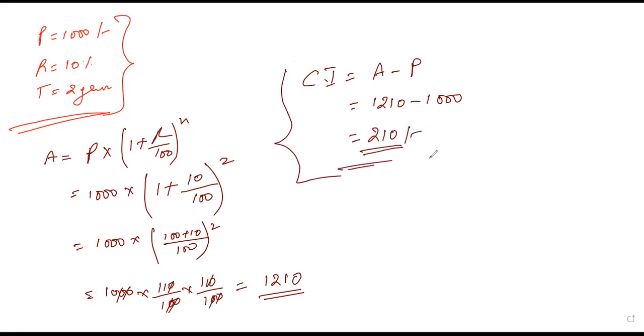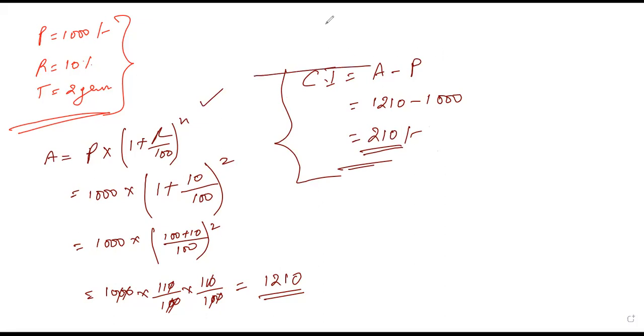So like this, you can calculate the compound interest simply. You don't have to go for a long step, means continuously for the first year, then second year. Just with this one, you can easily calculate. Is it clear? Have you understood? Then I will go for some other conditions also. I hope you are understanding this thing. Okay, then let's move to the next one.